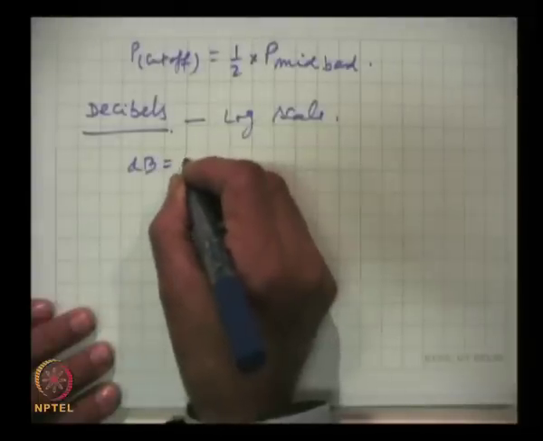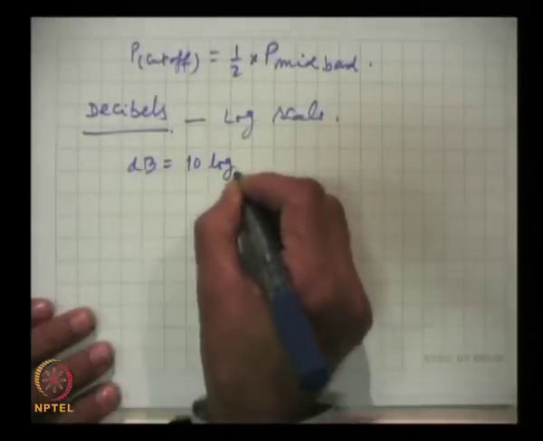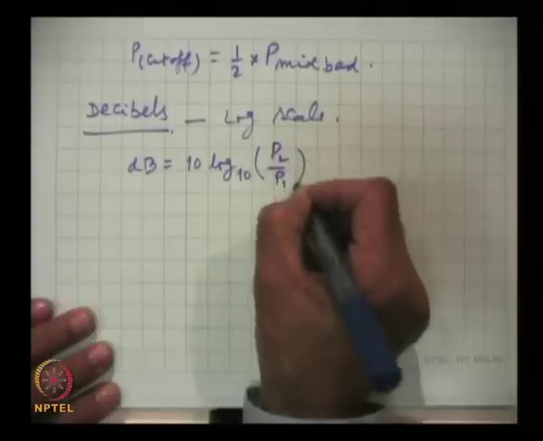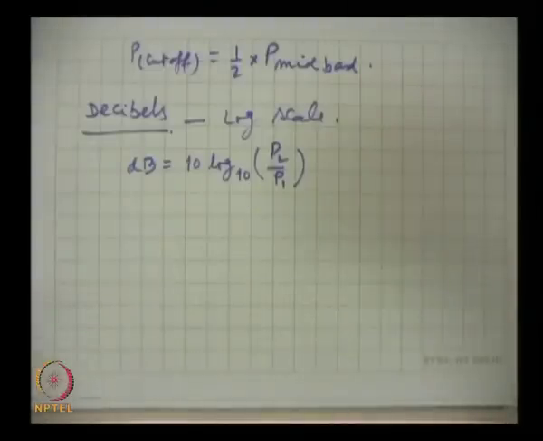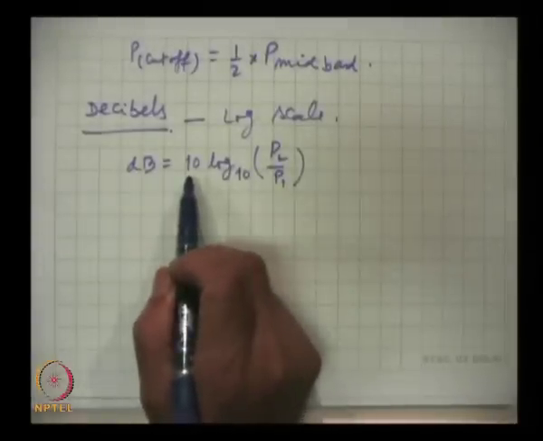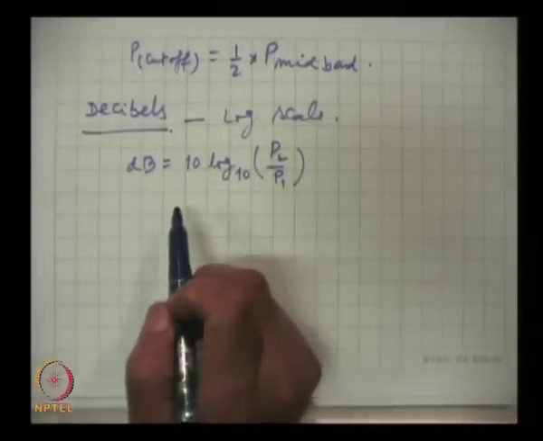This is defined, dB is defined as 10 log base 10 of the ratio of 2 powers, power P2, it may be in watts or milliwatts, in the same unit we have to take power P1. So, writing simply the 2 powers P2 by P1 is good enough, and P2 by P1 is a ratio. So, it will be a number, and taking log of that number and multiplying by 10 will give you dB. For example,